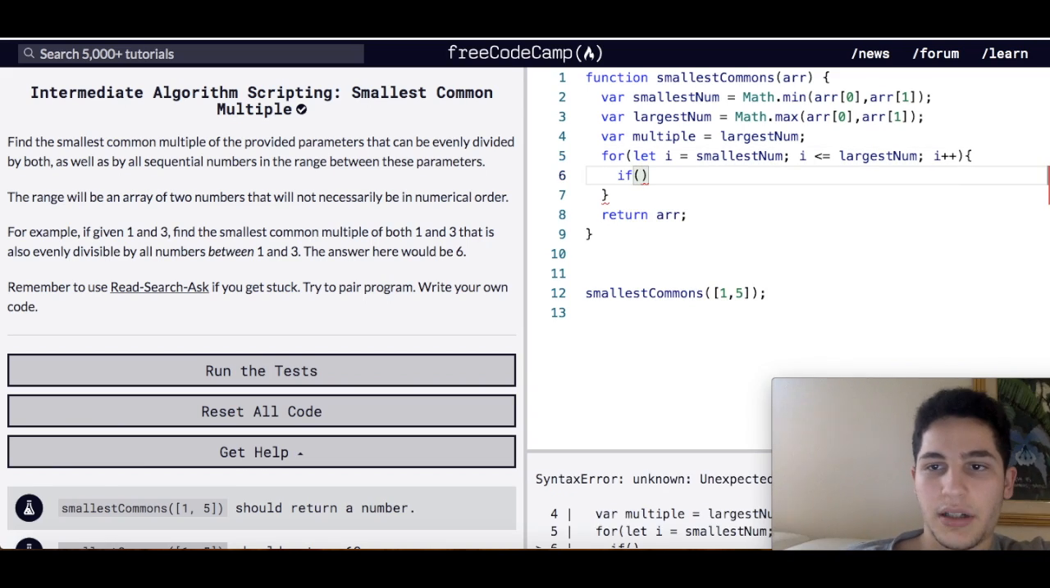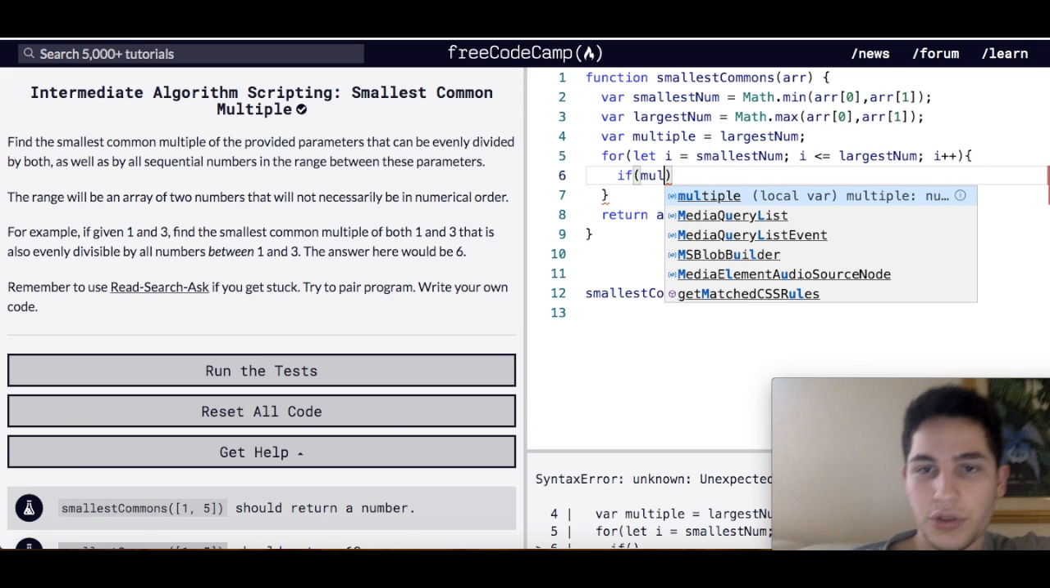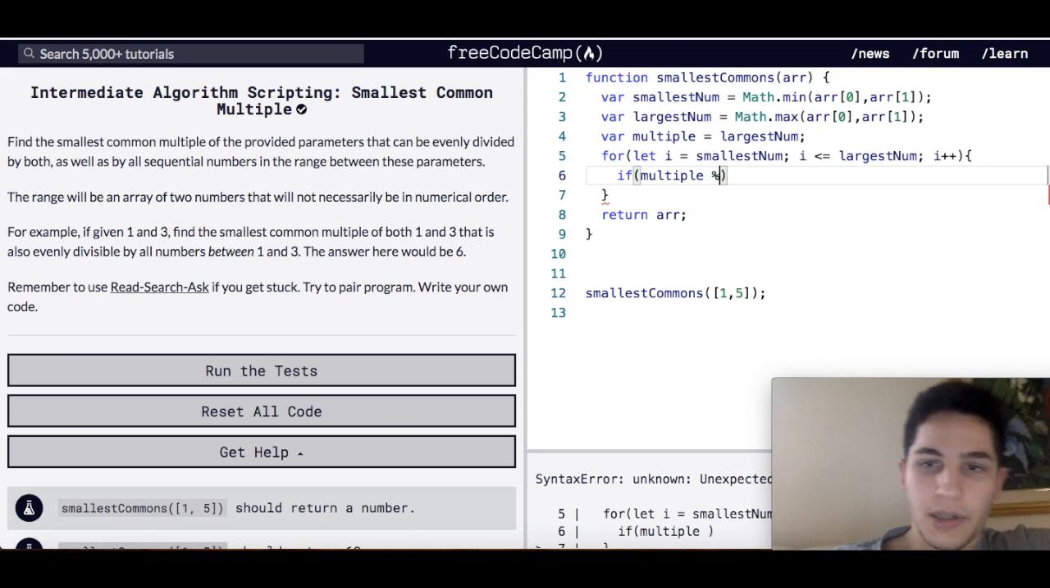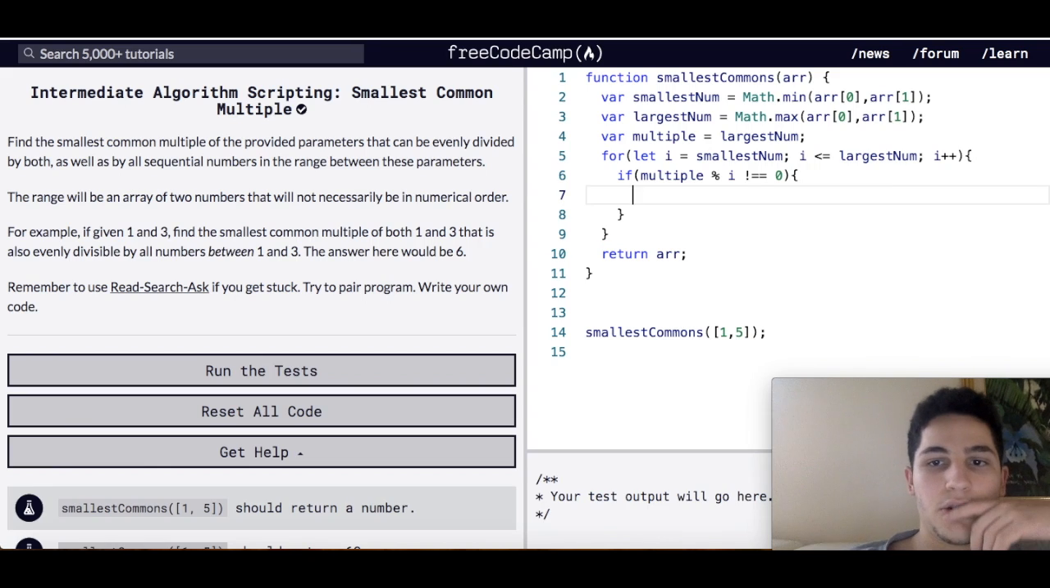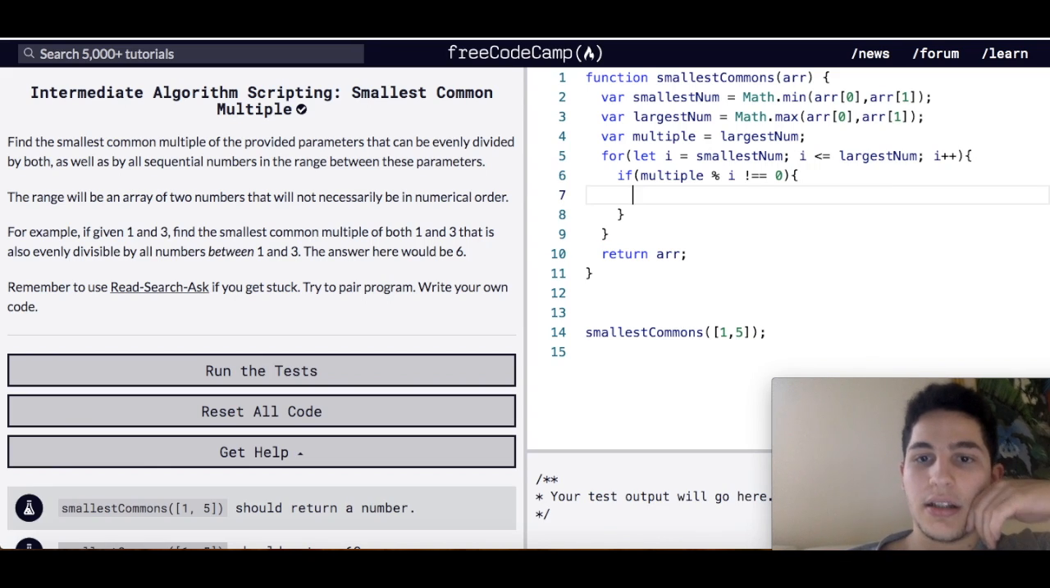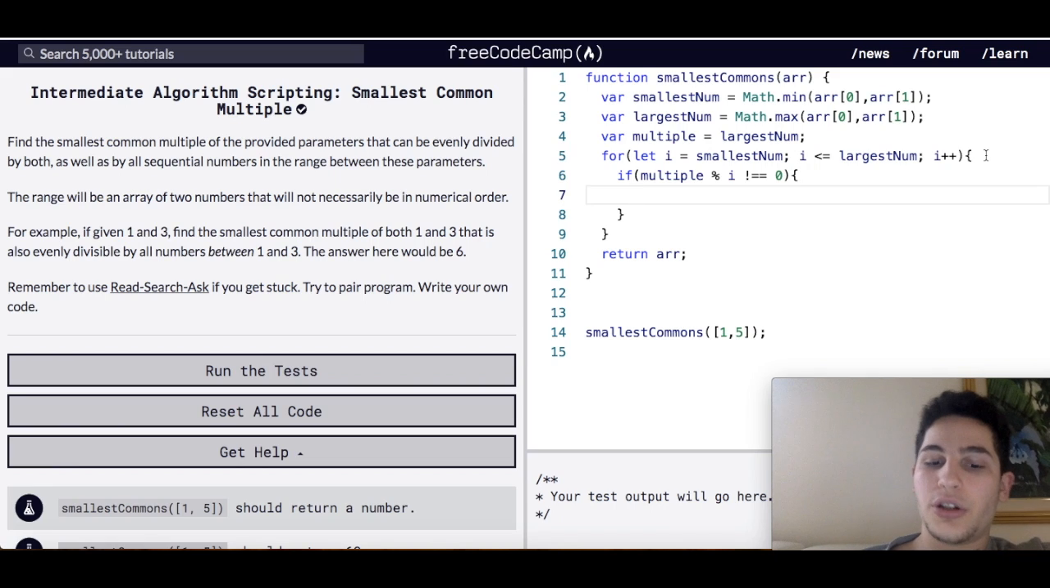So we're going to create an if statement. multiple modulus i is not equal to 0. So if the number we're iterating through can't go evenly into multiple, then multiple is going to increase by largestNum. So remember multiple, so if we're finding multiples of 5, it's going to be 5, 10, 15, 20. So multiple is going to start out as the largestNum. So it's going to start out as 5, and it's going to increase by 5 each time